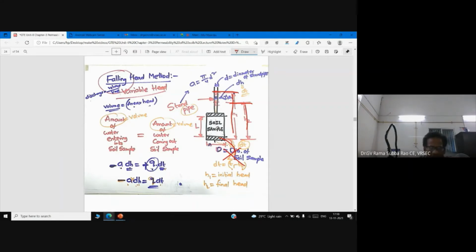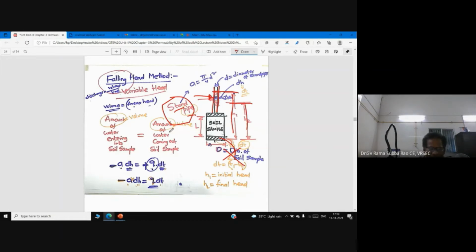This is the pipe one can see, which is attached to the inlet of the soil sample. This pipe is called the stand pipe. In fact, this pipe is standing here, that's why it is called a stand pipe. You might remember during our experiment in our laboratory, you might have observed we selected a 20 mm diameter stand pipe. So please, all of you look at that previous video. You also attended in the laboratory and you have seen that the diameter of the stand pipe is 20 mm.